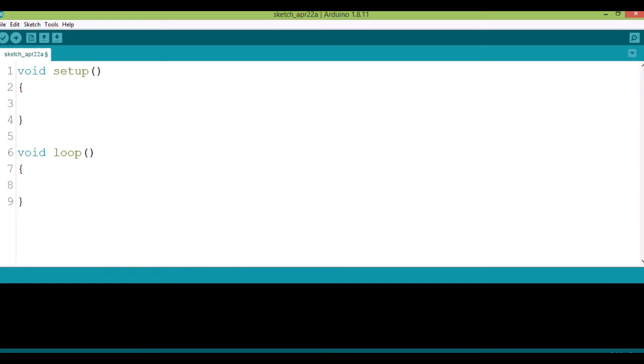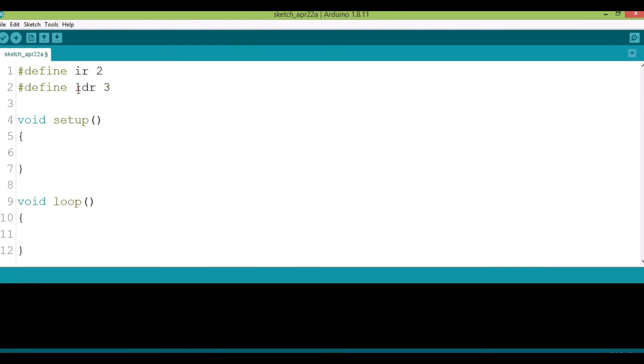Smart street light. As you all know, we'll be doing the programming with the help of the Arduino IDE. In the Arduino IDE, we'll have 3 parts: above the void setup, the void setup code, and the void loop code. Above the void setup we will be defining the pin numbers. Here we are using the IR sensor and also the LDR sensor. We'll define them using #define, which is the keyword for the Arduino to define the pin numbers.